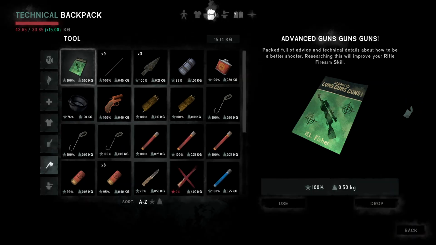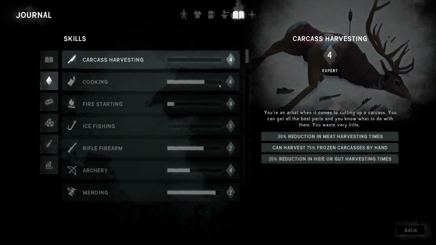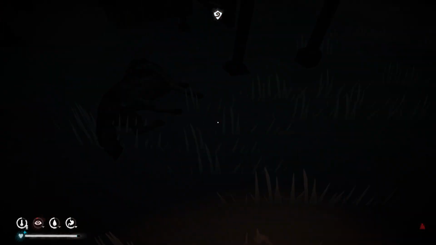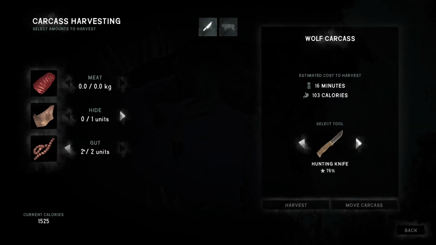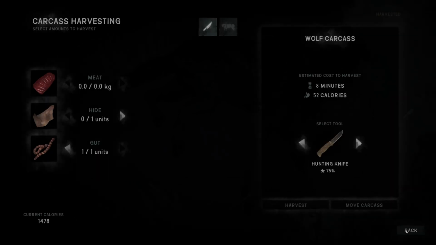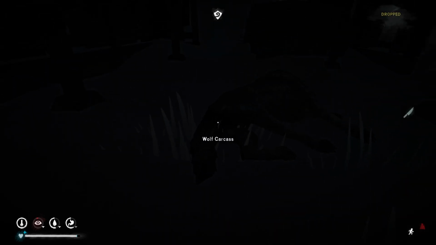Let's just take a quick look at our skills anyway. So we've got cooking's coming along, guys. Wow, it's close. Carcass harvesting, we've got the whole way to go. That being said, you know, heck, put some time into it. I actually think, do you get more points if you do it individually? I think probably. Not that I'm trying to game the system, but...